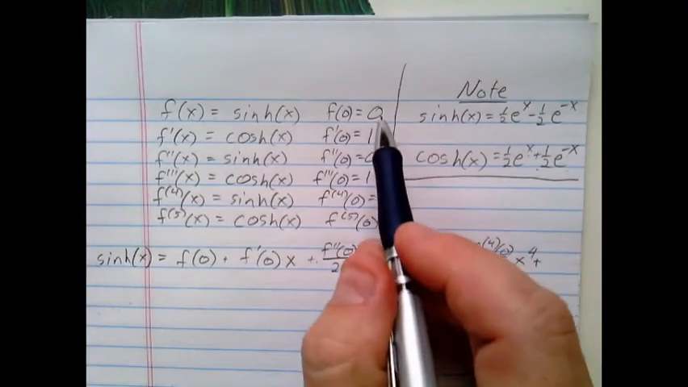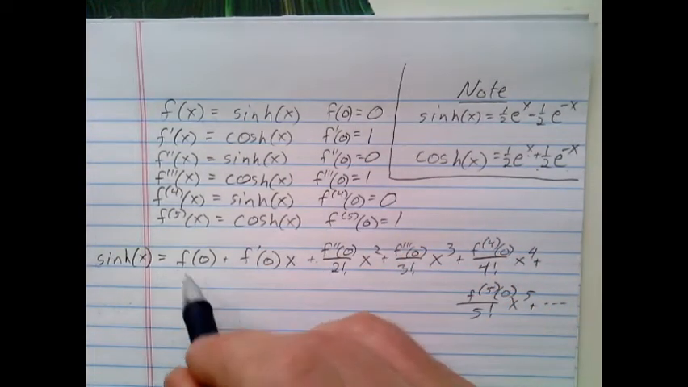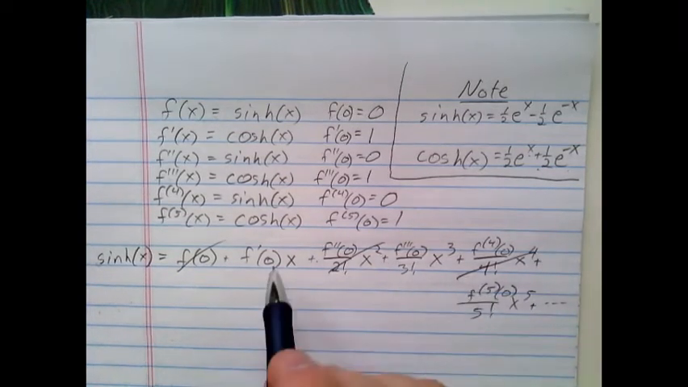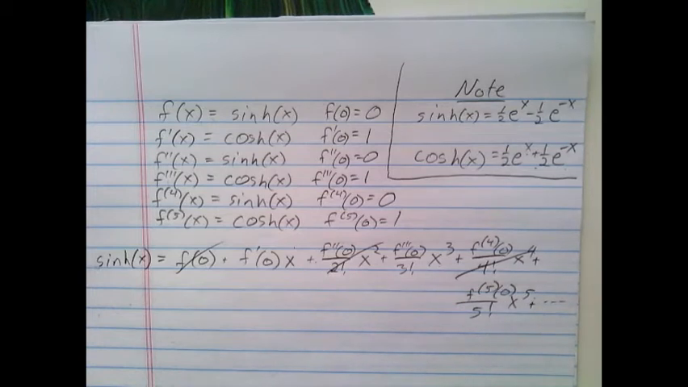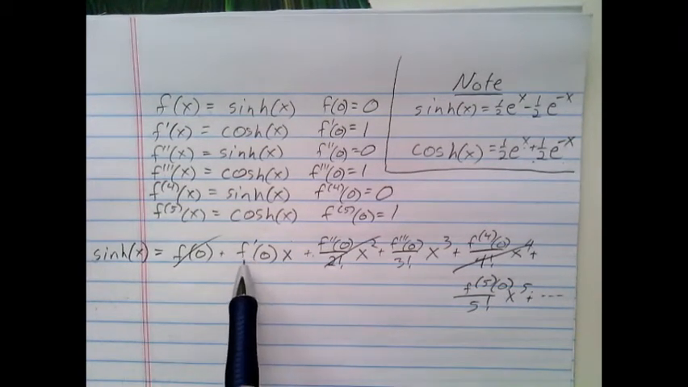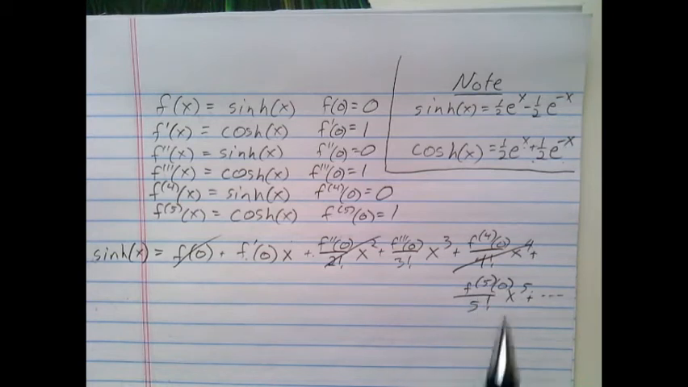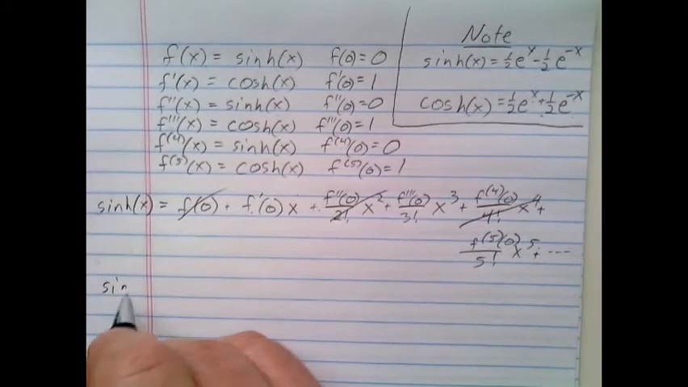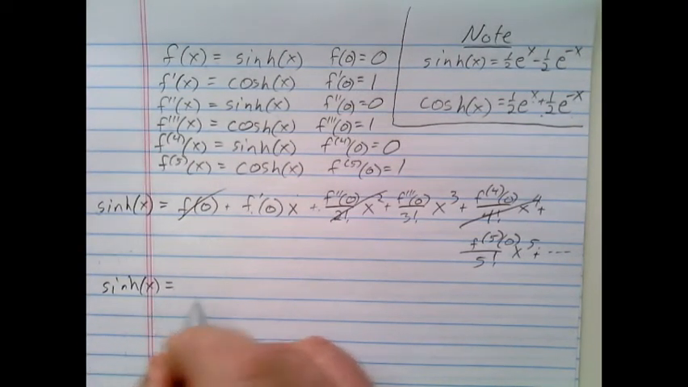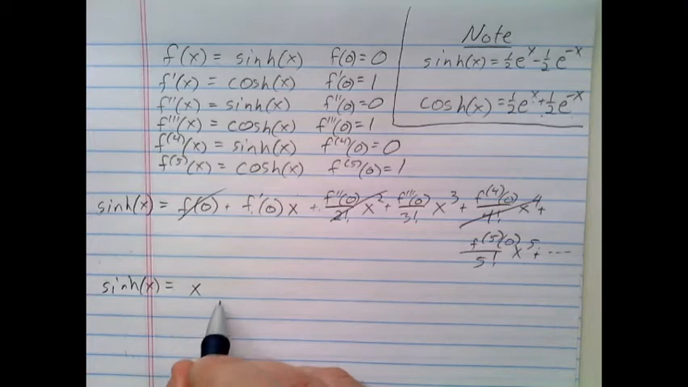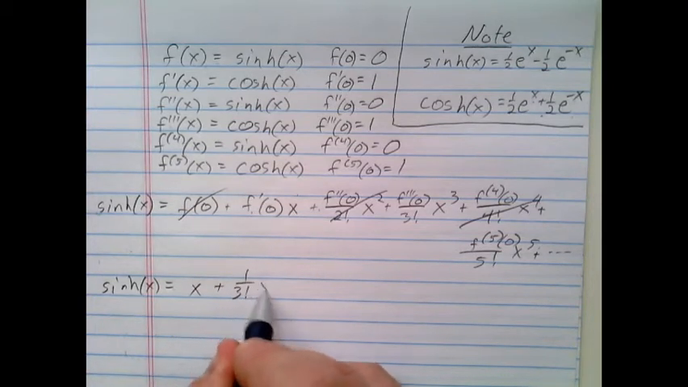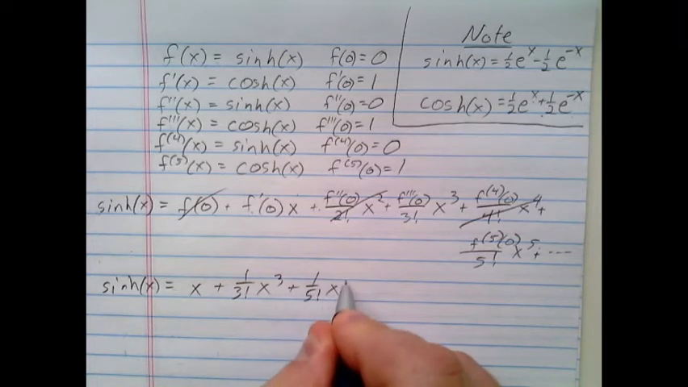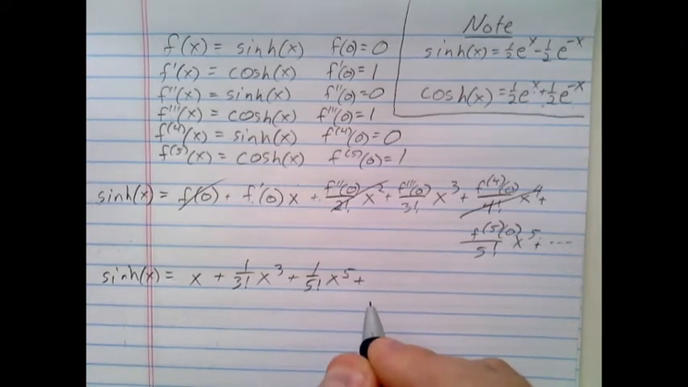Okay, now looking back at the work we did up here, I can see that, you know what, that's a 0, that's a 0, that's a 0. It looks like we're only going to have odd degree terms. Now that's a 1, that's a 1, that's a 1. So I can say that hyperbolic sine looks like it's x plus 1 over 3 factorial x to the 3 plus 1 over 5 factorial x to the 5. And then I'm assuming that